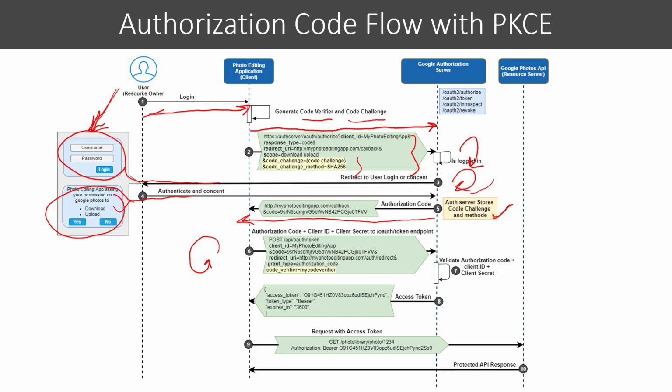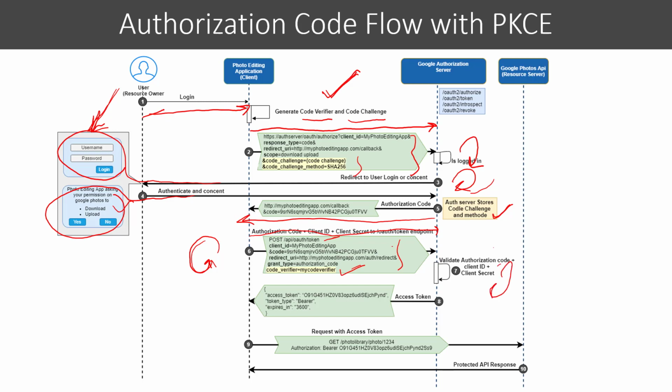The client application sends a request for the access token to the token endpoint and sends various parameters in the request. All the parameters are the same as the authorization code flow except the code verifier. This is the additional parameter which the client sends for the authorization code flow with PKCE. You can see the code verifier is the one which we generated earlier. So in this step, we generated the code verifier and code challenge. We sent the code challenge in the authorization code request along with the code challenge method. And once we receive the authorization code, the client application sends the code verifier again in the access token request with the authorization code as well.